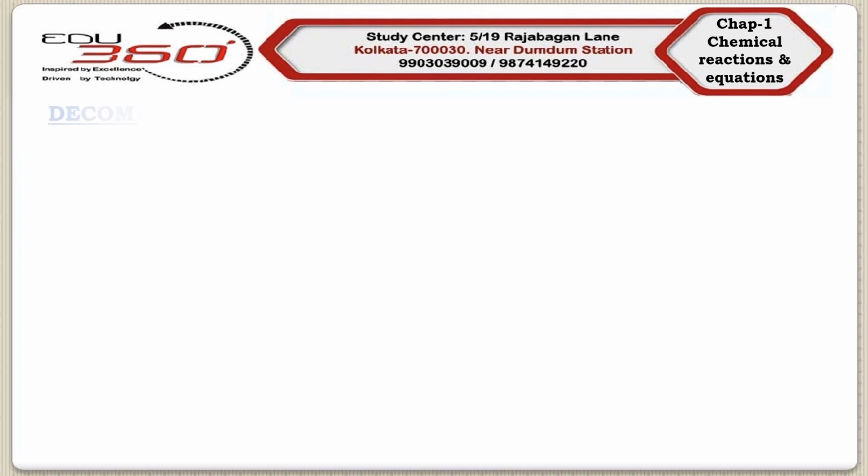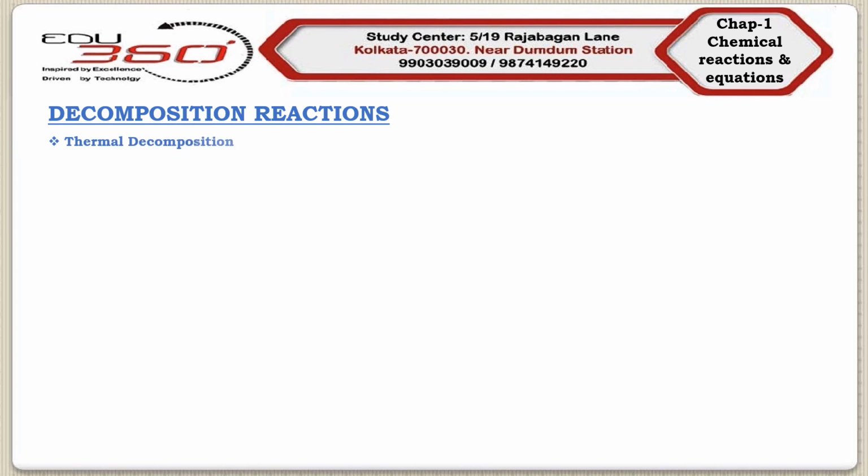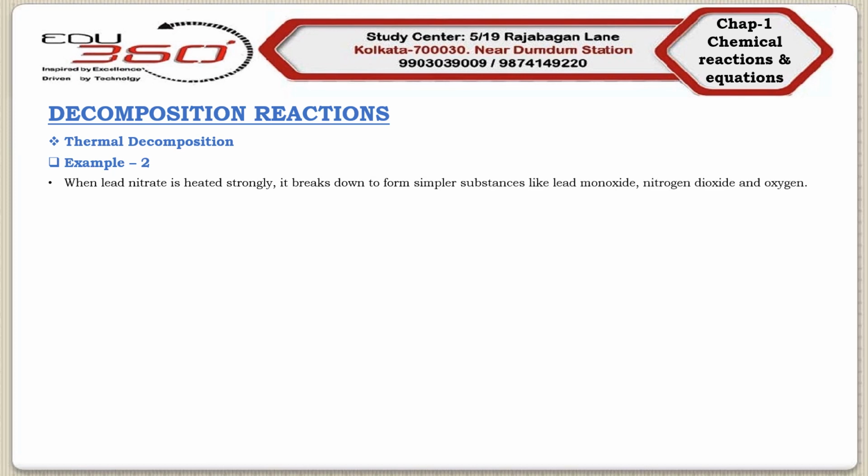In our next example of thermal decomposition reaction, we will strongly heat lead nitrate and it will break down into simpler substances like lead monoxide, nitrogen dioxide and oxygen. So we can say that when lead nitrate is heated strongly, it breaks down to form simpler substances like lead monoxide, nitrogen dioxide and oxygen. The chemical equation of this reaction is given as